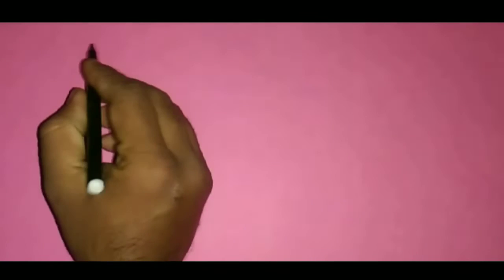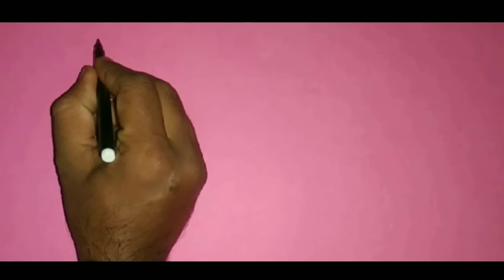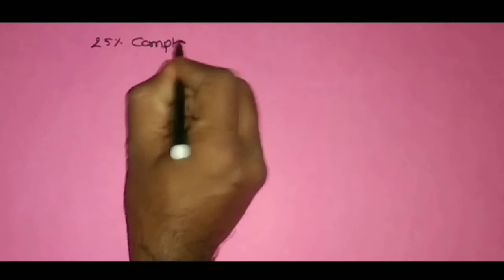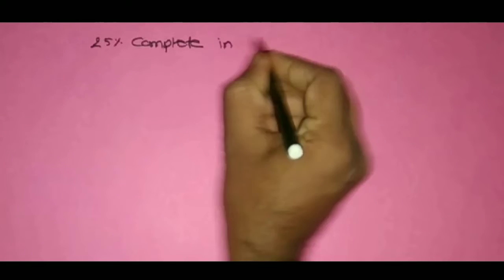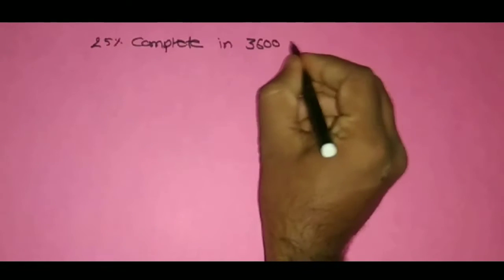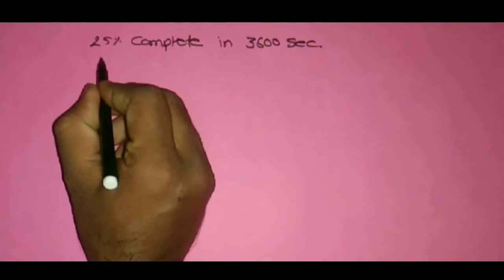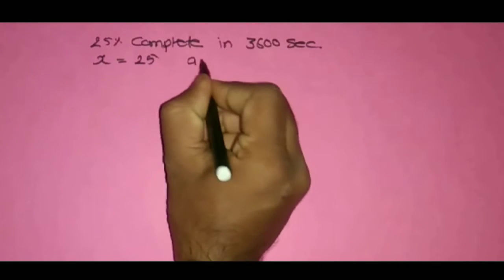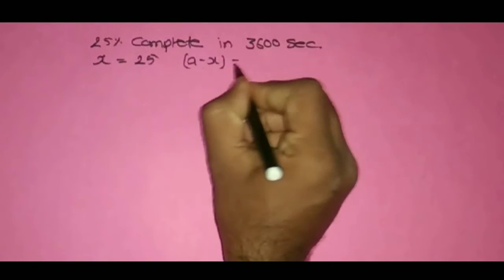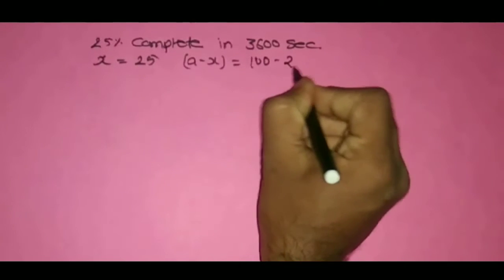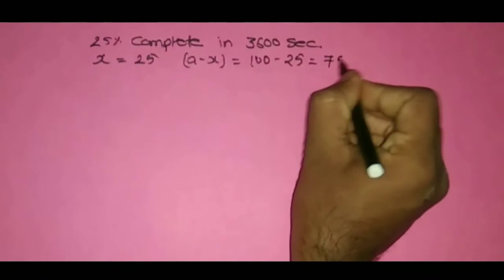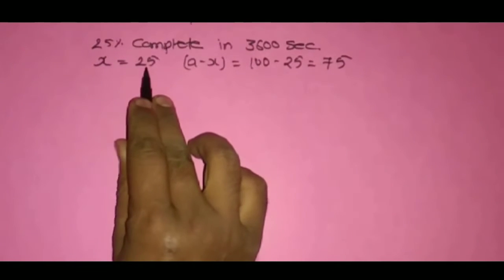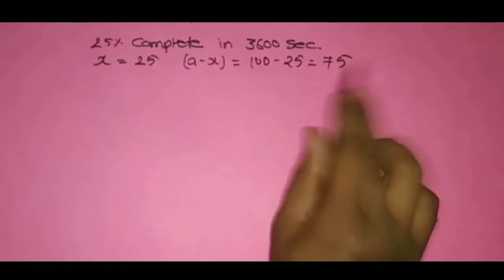In this case it is given that the reaction is 25% complete in 3600 seconds. So over here formation of product, that is x, I'll consider it as 25. What is concentration of reactant, a minus x? That will be equal to 100 minus 25, that is 75. If I say 25% of reaction is complete, so formation of product we'll consider as 25 and remaining is